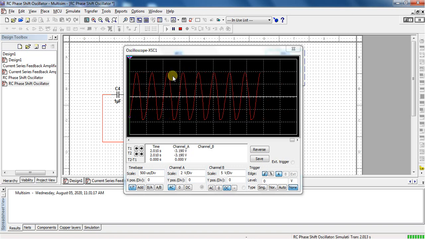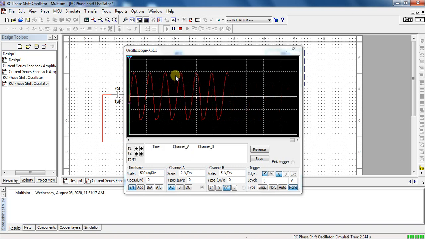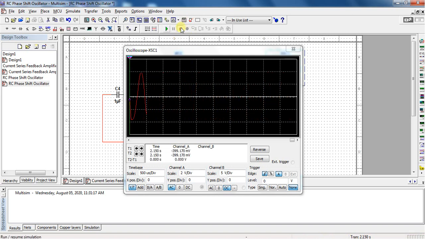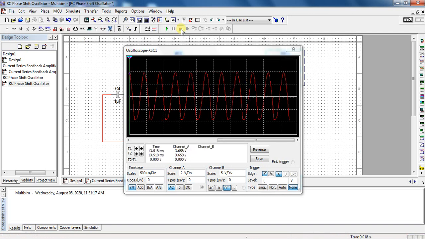For the peak to peak width, we can observe that there is 1 unit. The positive peak to peak difference is 1 only. If you want the waveform to be turned off, in this way we can turn it off. If you stop the simulation, the waveform will stop. Now see this one. What is the difference? We are getting approximately 1 block only, 1 block into 500 microseconds. That is the time period of this waveform.